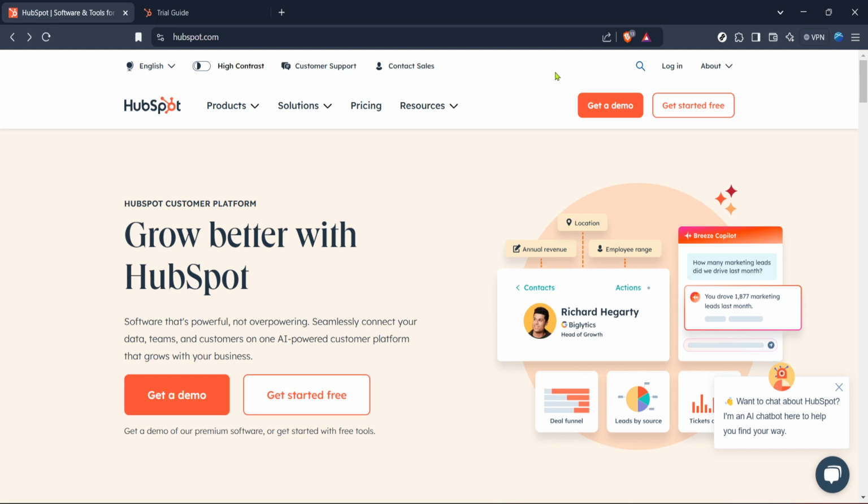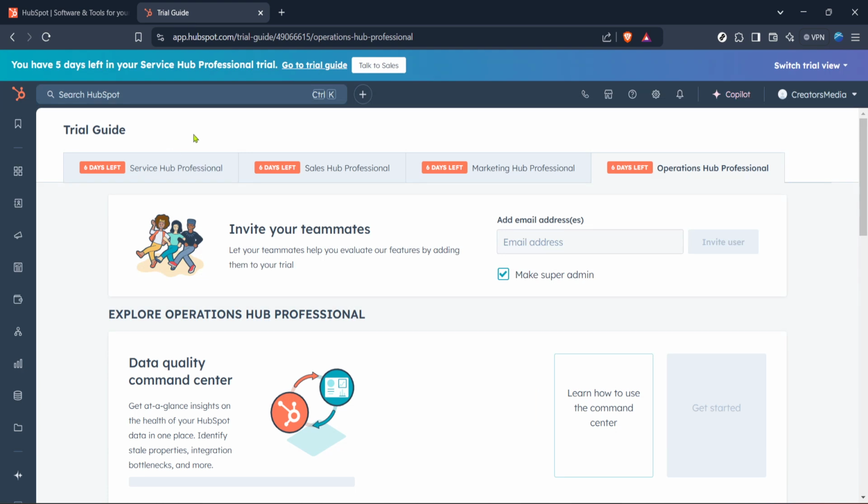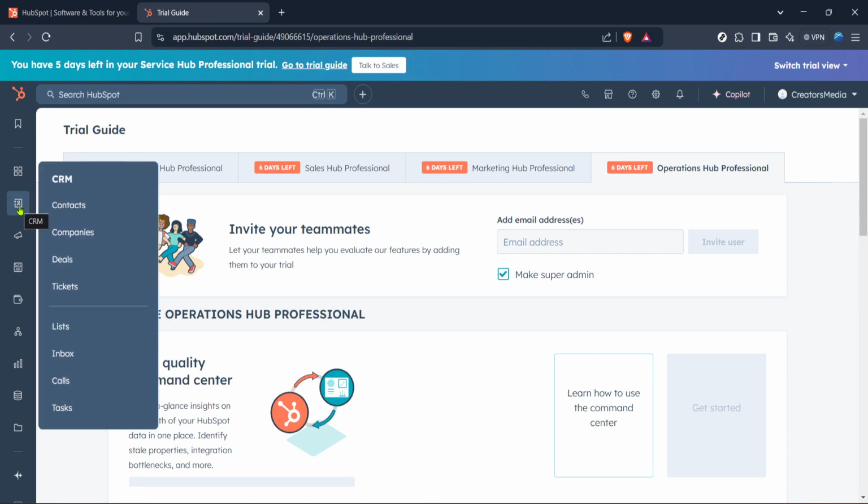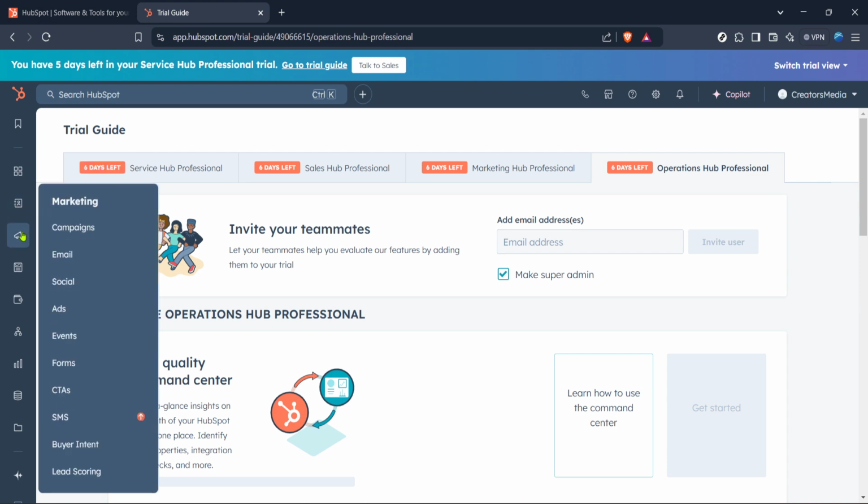Once you've successfully logged into HubSpot, you'll find yourself on the home page. This page serves as your command center, where you can access all the different features HubSpot has to offer. Next, look for the Marketing tab, an essential part of our journey today, and click on it. The marketing section is where we manage our interactions with potential and current customers, including email campaigns.